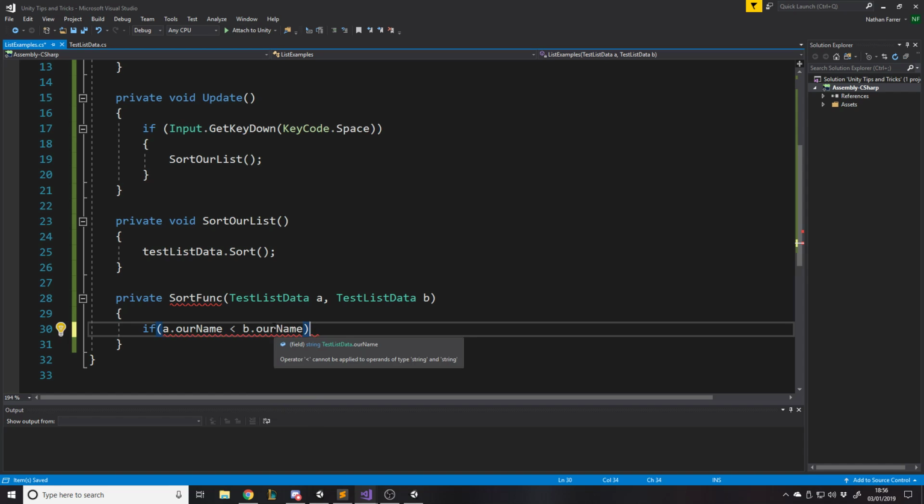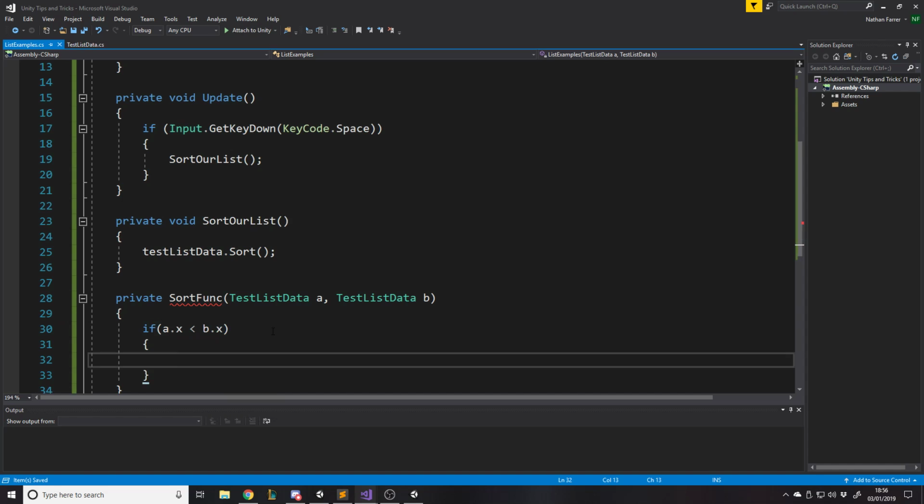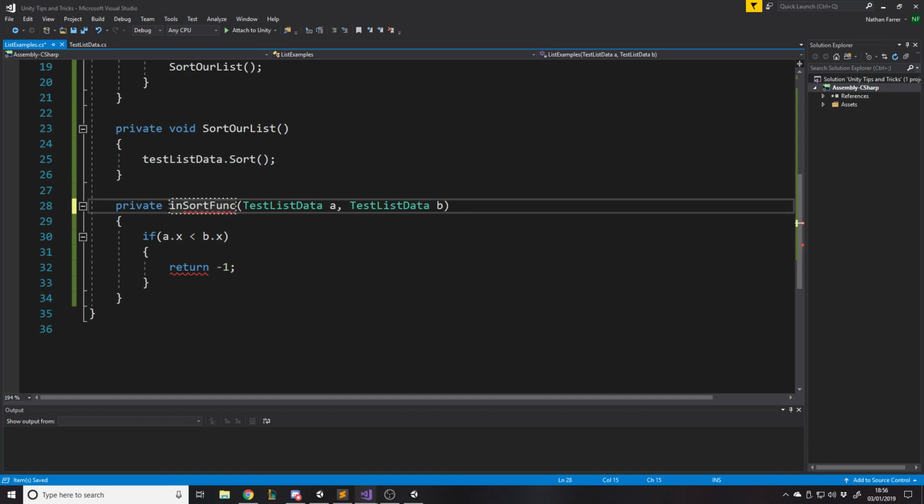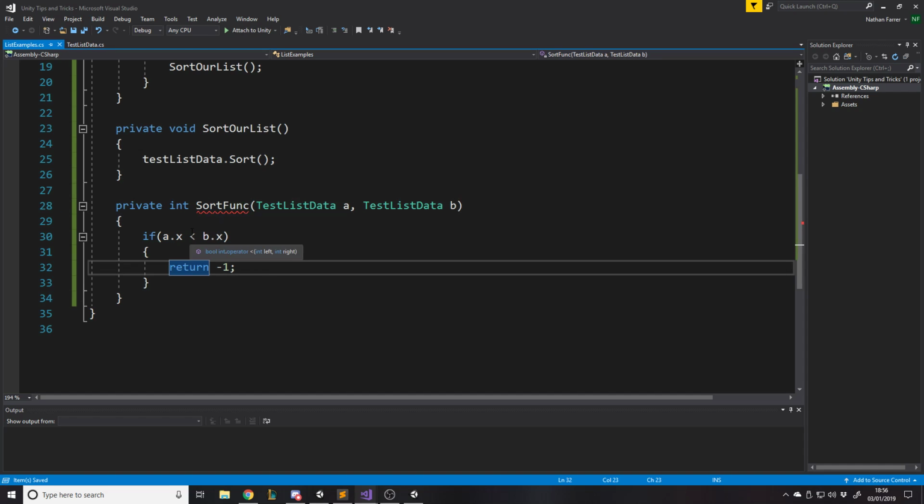No, you can't do that. We'll go with like X and X. I can't remember the way you compare strings like that to see if they're alphabetically before or after, to be honest. I honestly just can't remember. I could look it up, but alright, so if we make this a private int function, so if a.x of